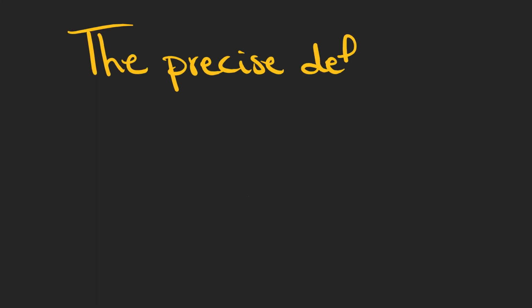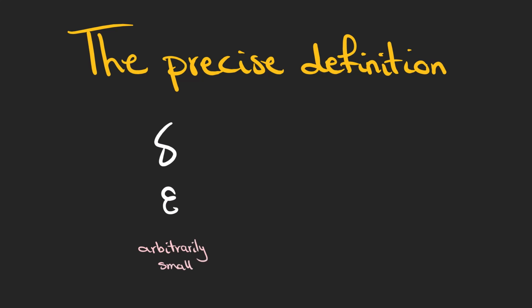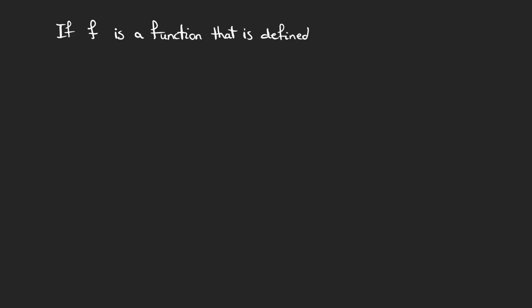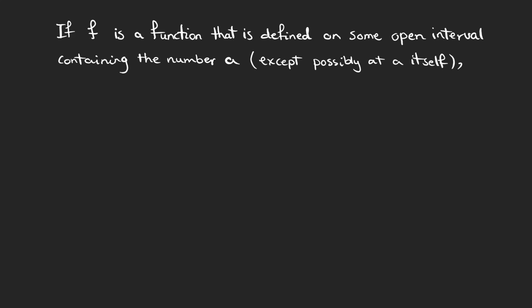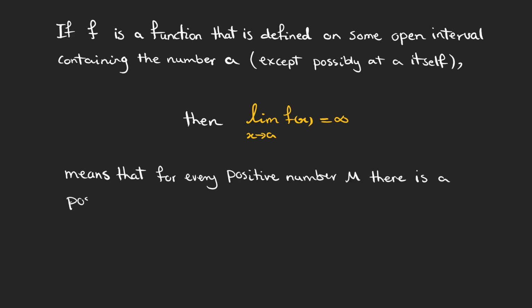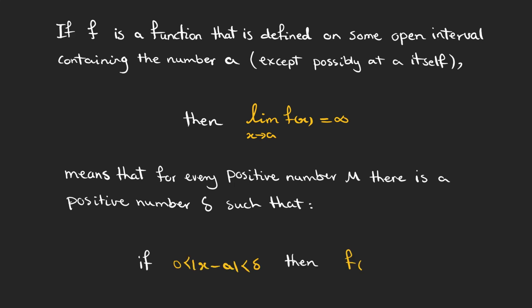In the last part of this video, I want to talk about the precise definition of infinite limits and limits at infinity, using two arbitrarily small numbers, epsilon and delta, and also two arbitrarily large numbers, m and n. If f is a function that is defined on some open interval containing the number a, except possibly at a itself, then this limit that goes to infinity means that for every positive number m, there is a positive number delta, such that if x is in the delta distance of a, then every number the function gets is larger